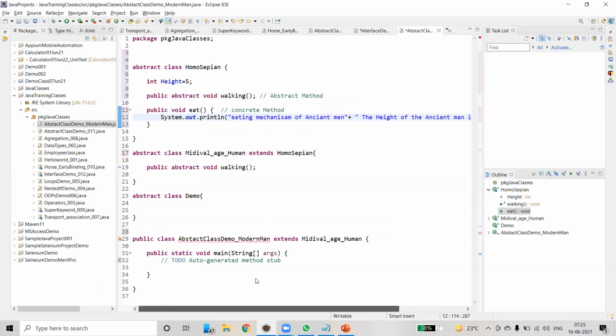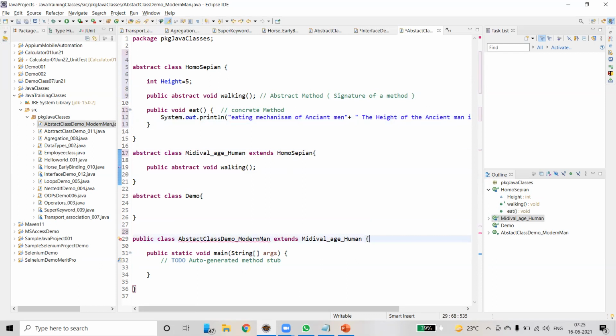Why is it allowing? Tell me. It is allowing because an abstract class is a class type. That's why I'm telling you abstract class is a class type only. Hence, it allows member variables and member functions, and it also allows abstract methods and concrete methods. Abstract methods do not have an implementation, also called the signature of a method. If the method does not have implementation, we can simply call it a signature of a method. It is a concrete method.